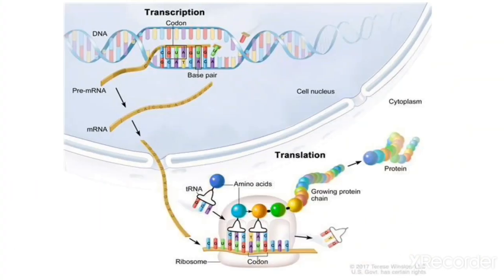Finally, here you can see how transcription and translation processes occur. Here you can see the DNA present in the nucleus. The instructions to make proteins are present in the DNA in the form of genes. So, a gene is a continuous stream of nucleotides containing a region that codes for an RNA molecule. So, formation of messenger RNA from the DNA occurs through the process of transcription using the RNA polymerase enzyme.